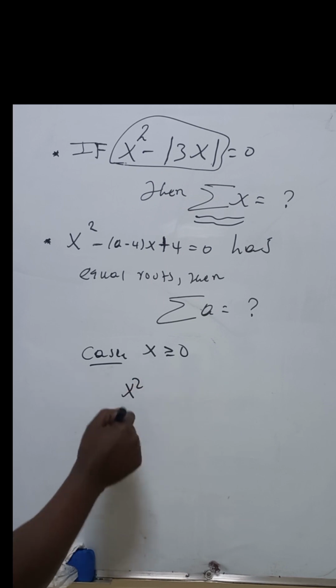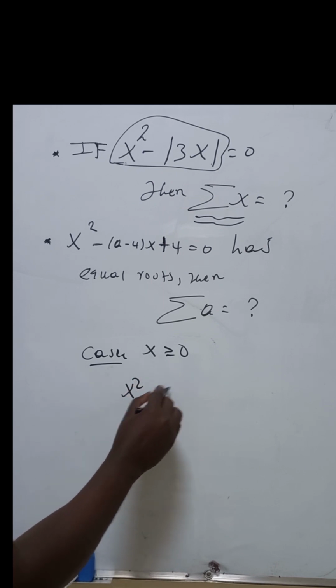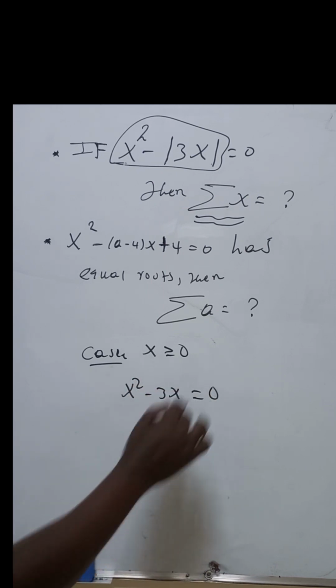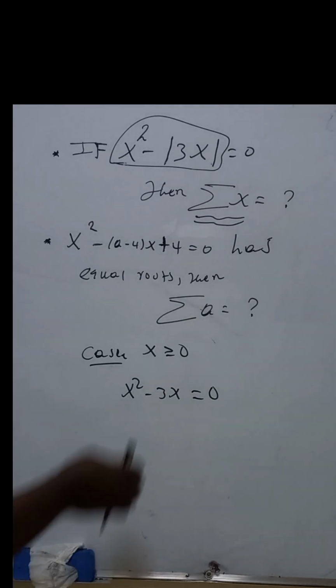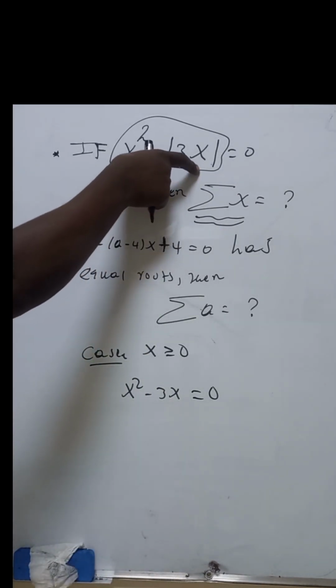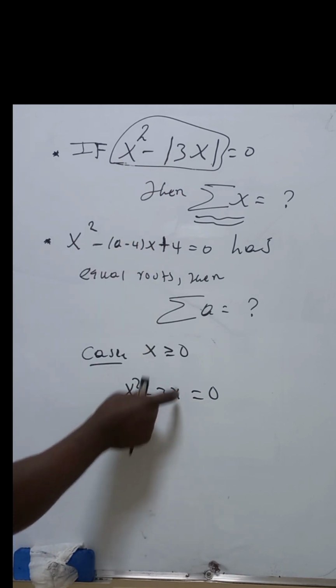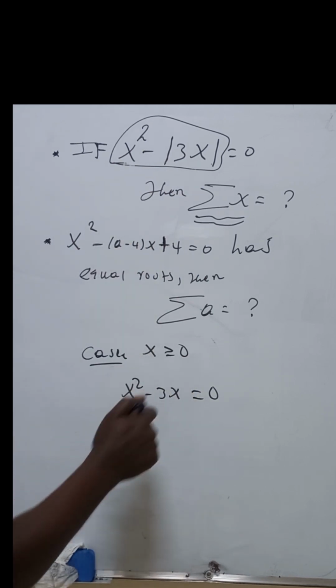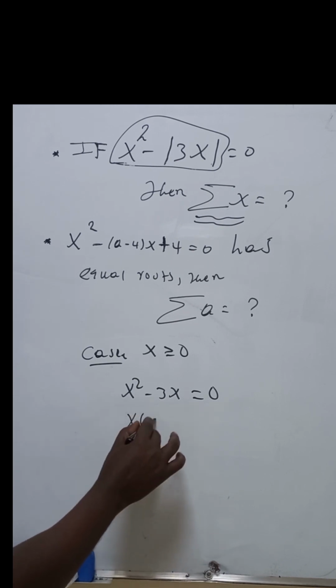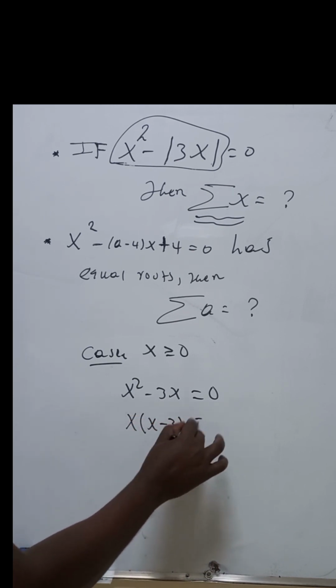This equation will be x squared minus 3x, which is immediately 0. Now this will be the equation. The equation, this one, will be written or described in the form of this one because of this case. See that? And hence, you can take out x as common, so x minus 3, which is going to be